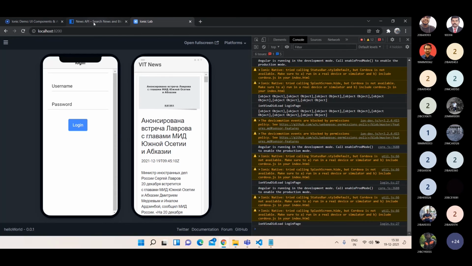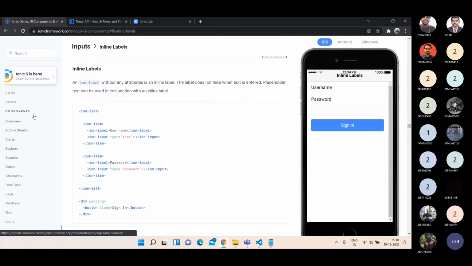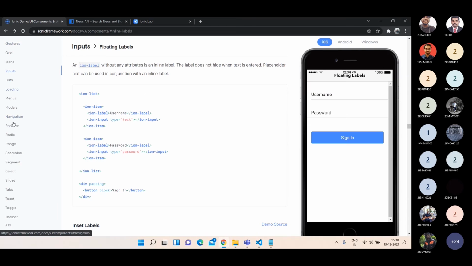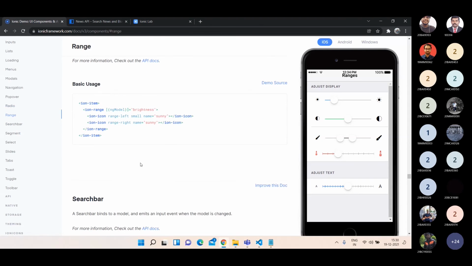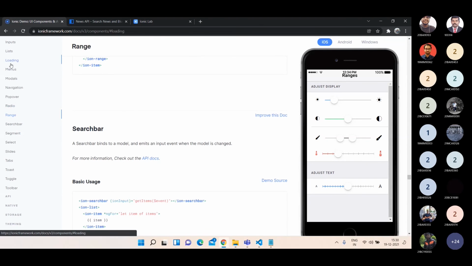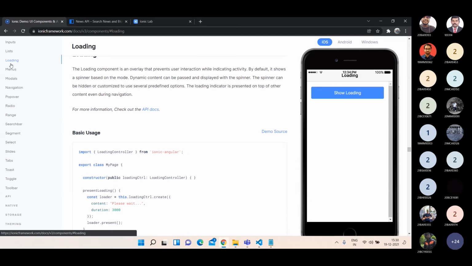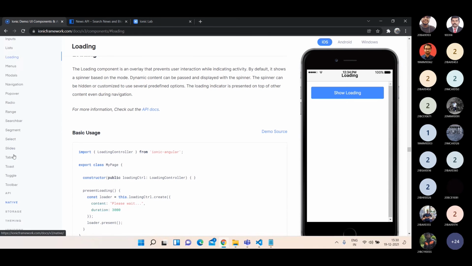So just go through all the components. We have various components which are available. Just go through every component and try to incorporate every component. All these codes are actually given here itself. I am not able to explain everything, but at least you got some overview, right? So you can proceed with this knowledge.